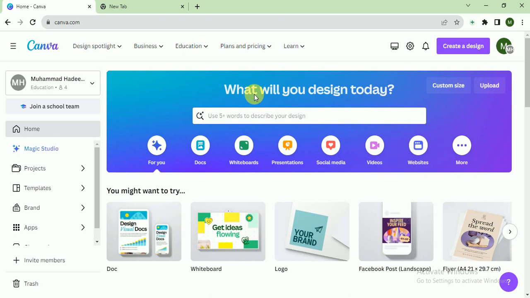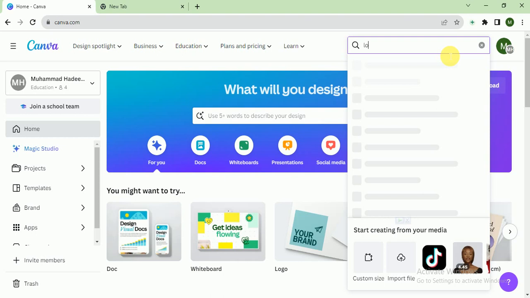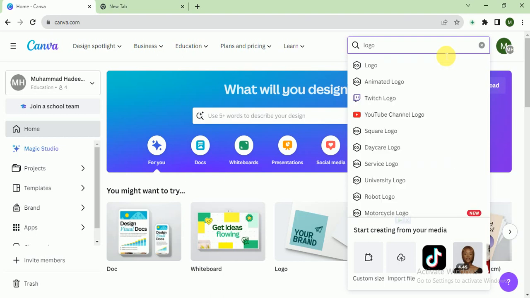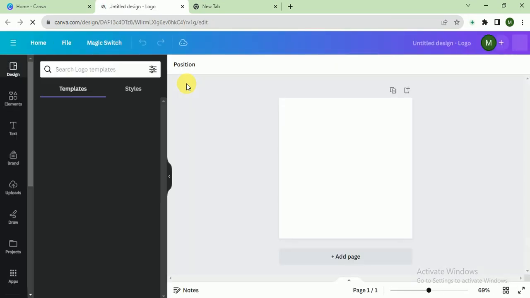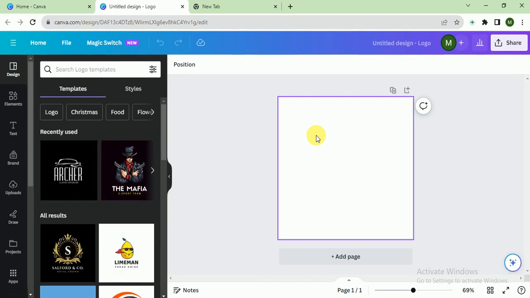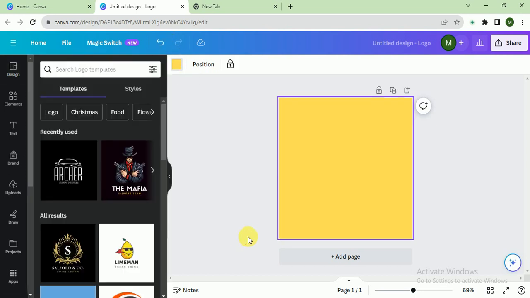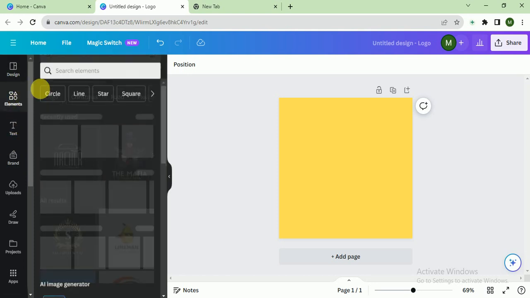So let's get started. I click on create a design. Here I search logo, and the logo is 500 by 500 pixels. So we are creating a sports logo, so the background is like yellow or red, so we try both. So after that,